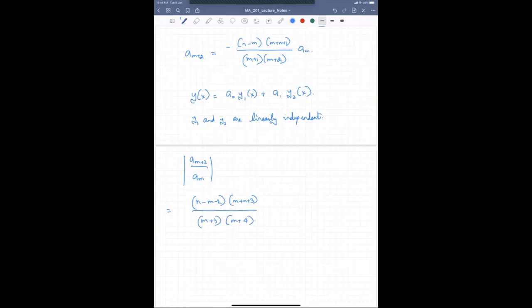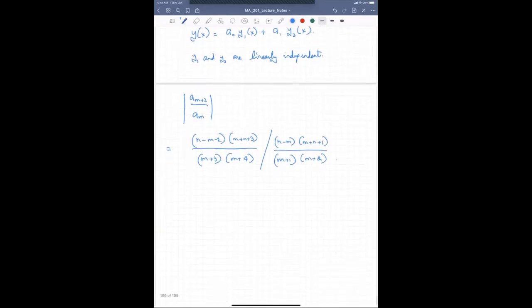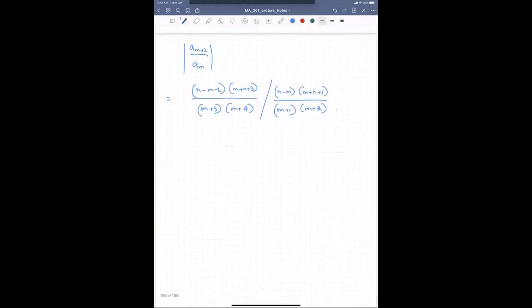This is a_(m+2) divided by a_m. Now, even though this looks very complicated, notice that to test the radius of convergence,